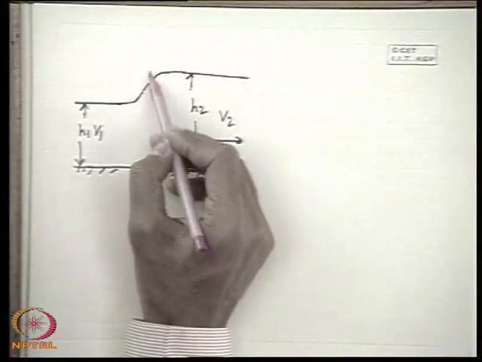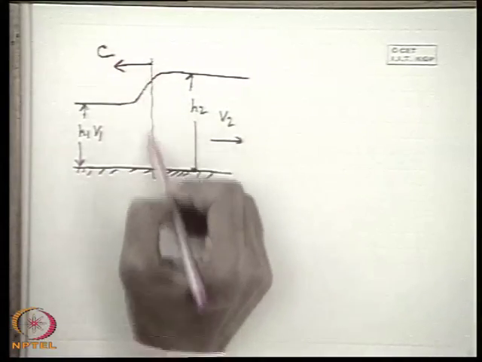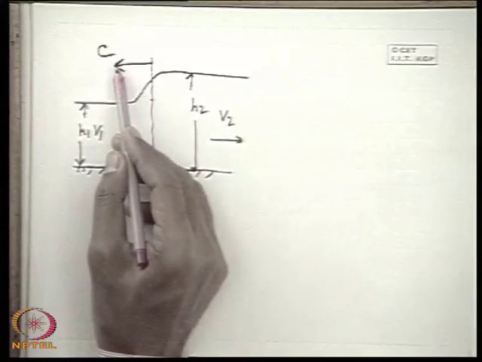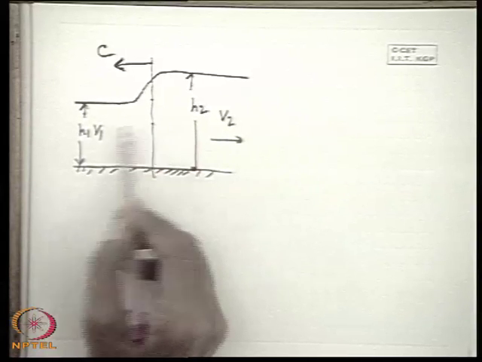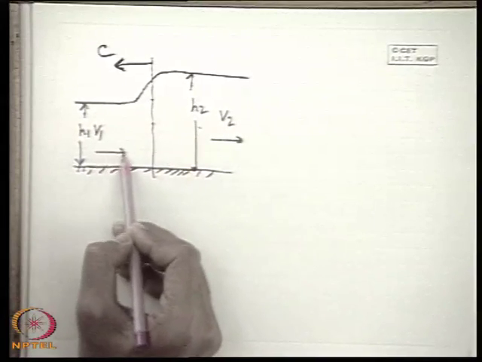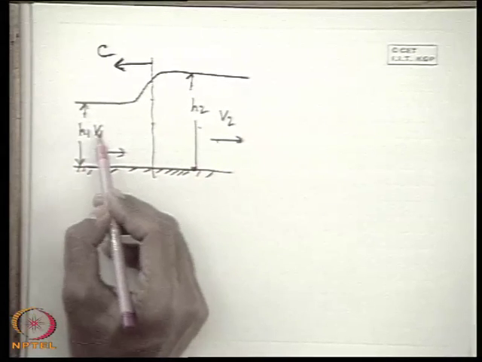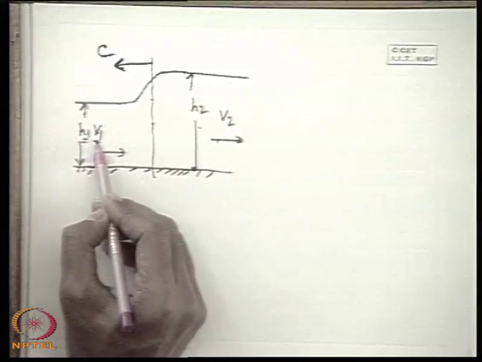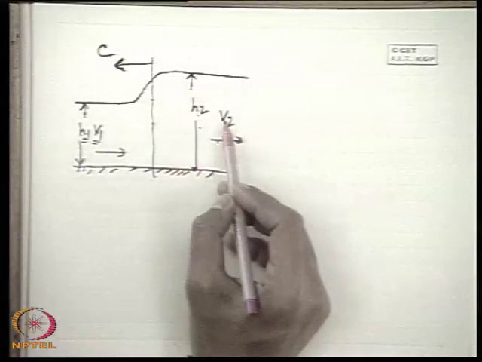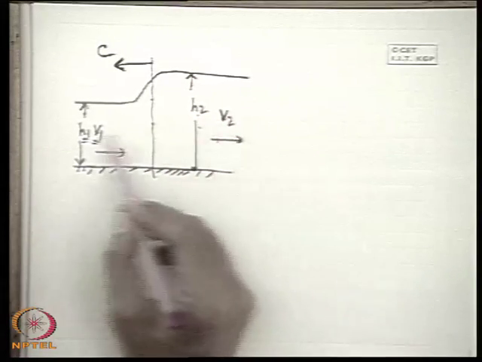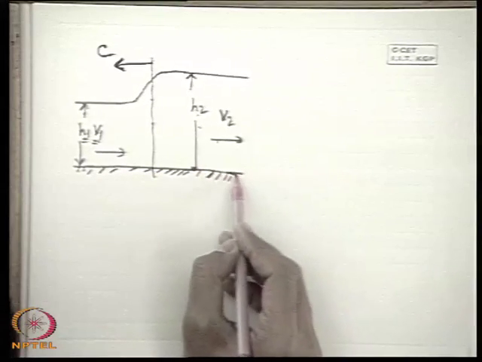Let us consider that at any instant this is the position of the disturbing wave, which is propagating in the upstream direction with a velocity c. With respect to the flow, the upstream conditions for depth of flow and velocity are undisturbed and remain as H1, V1, which are changed to H2, V2. For a positive wave, the depth is increased to H2 and the velocity becomes V2. Velocity will be reduced because the depth is increased. So this is the condition we see at any instant.